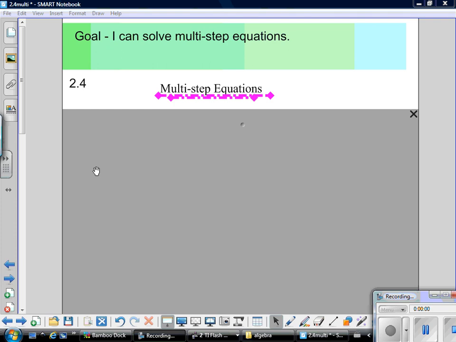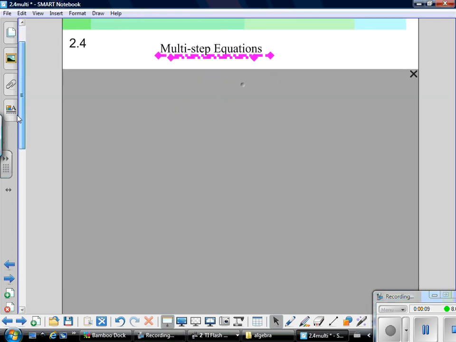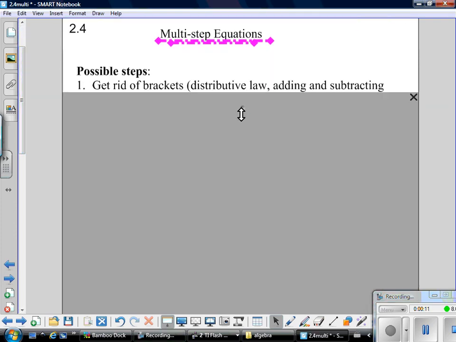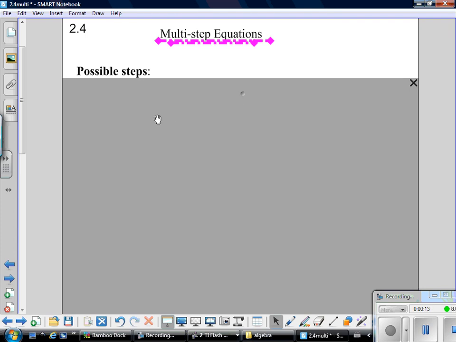Okay, so this is section 2.4. It's multi-step equations. So our goal obviously is I can solve multi-step equations, and you'll be solving them all right. So what I have here is a list of possible steps. Now the reason I say they're possible steps is not all of them will apply for every single question that